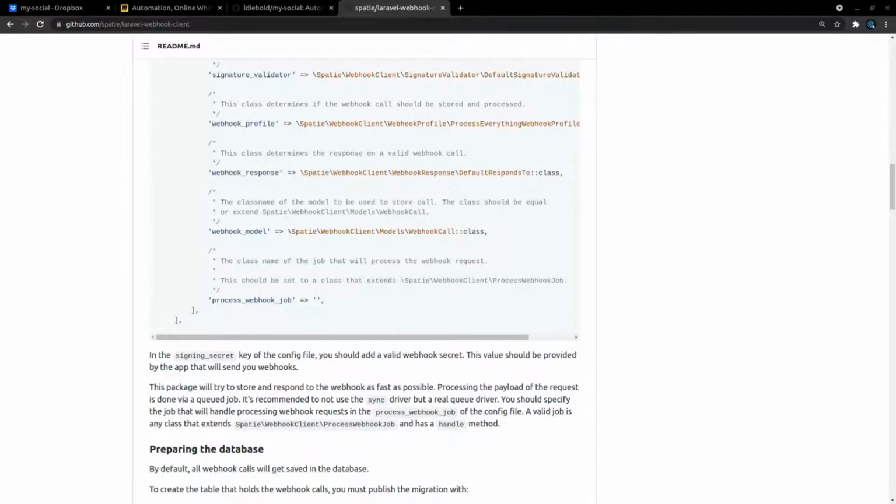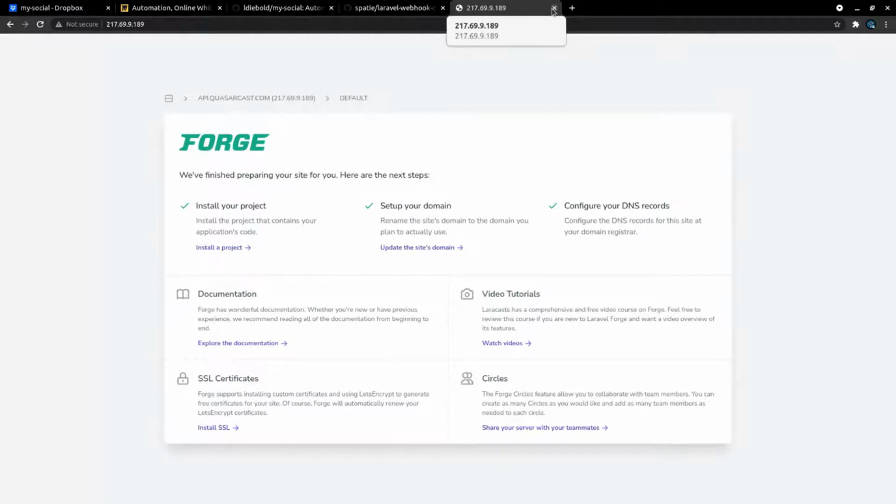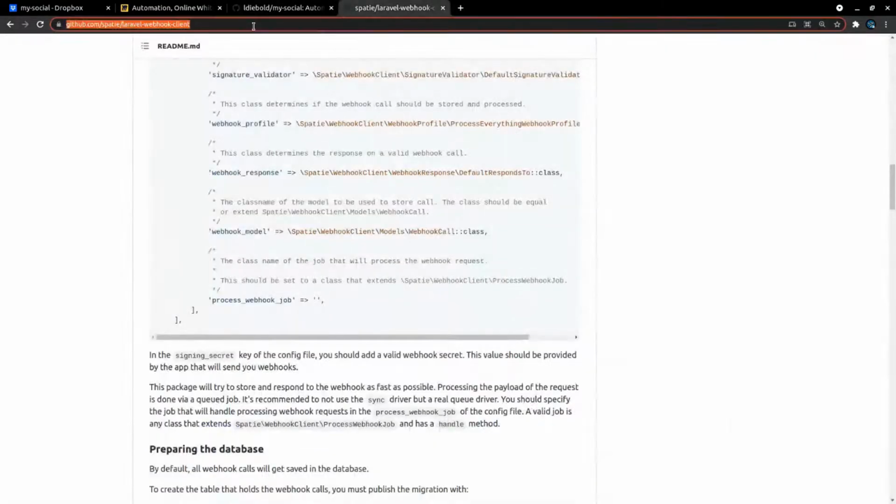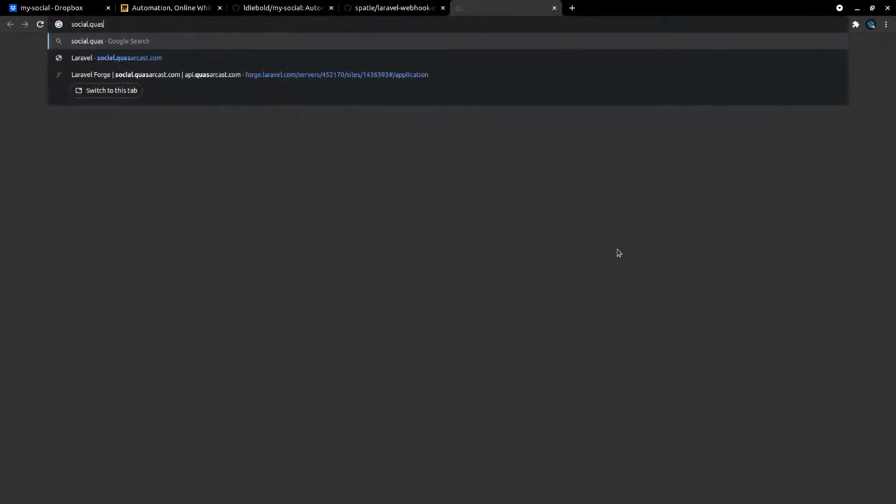All right. That should work. Do I have to wait for it to propagate or anything like that? I don't think so. I think you only have to do that the first time. So hopefully this will just work now. Nice. It does work. In fact, let me show you that. Oops, that's the IP address. It's all right. You can see that. Not a big deal. But if I say here, social.quasarcast.com. What have I done?